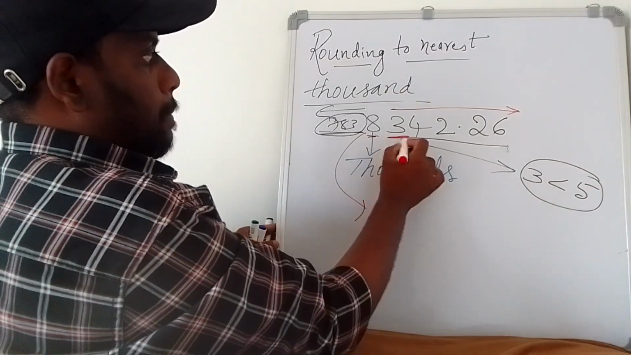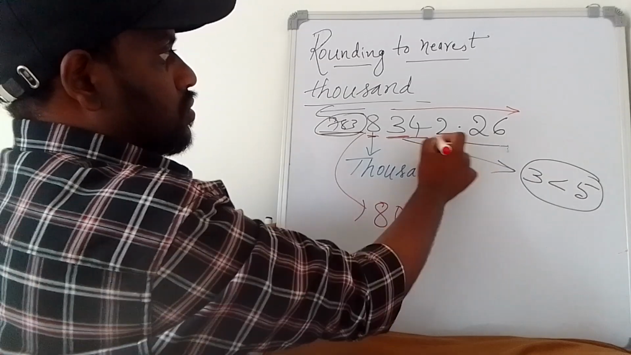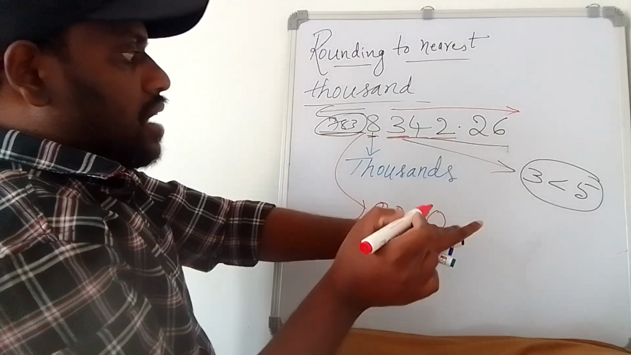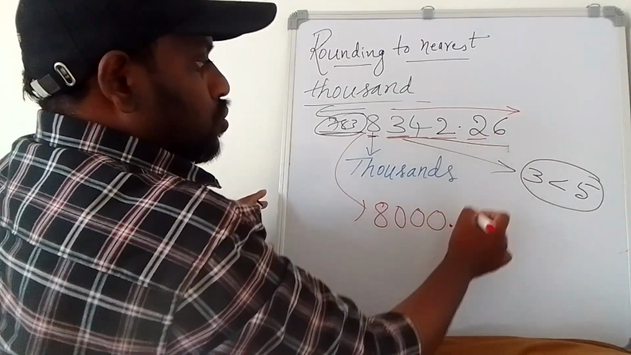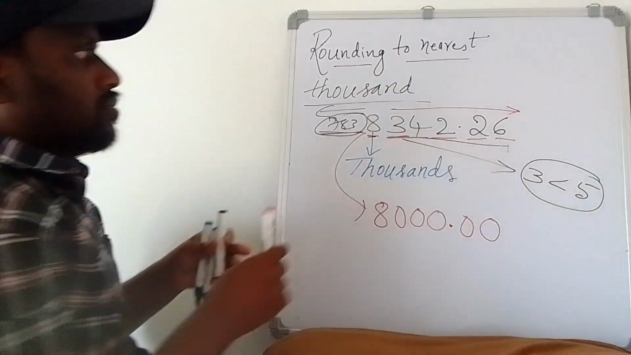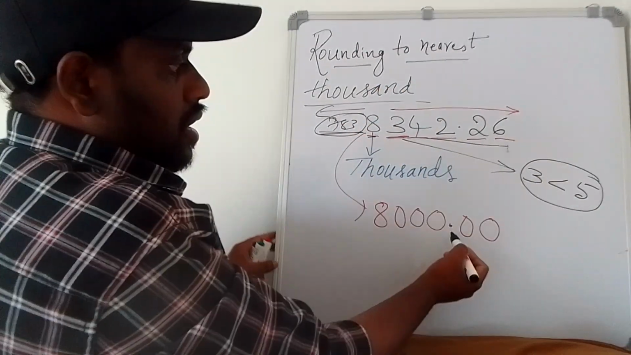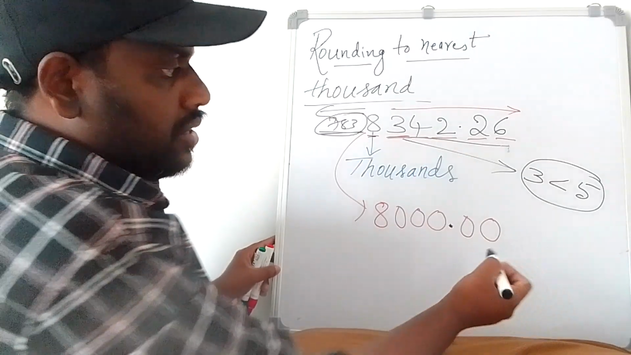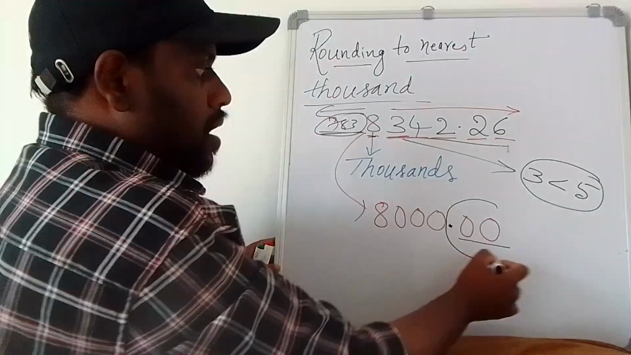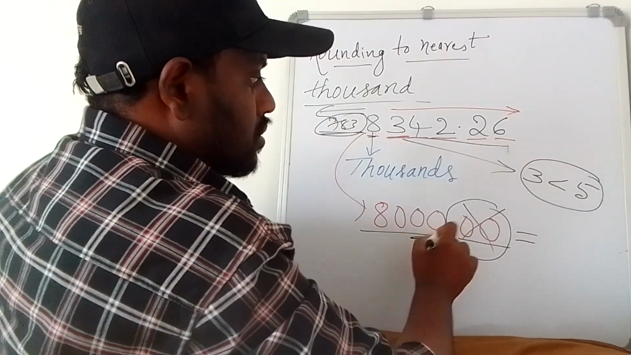Okay, see, now these 3 make 0, this 4 becomes 0, this 2 becomes 0. Keep this decimal point as it is. In place of 2 you put 0, in place of 6 you put 0. Now see, after this decimal point all the digits are zeros, so you can discard this part and equate this to this part,